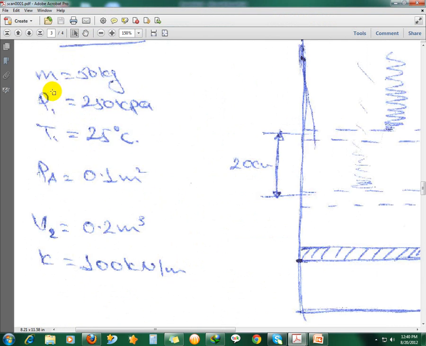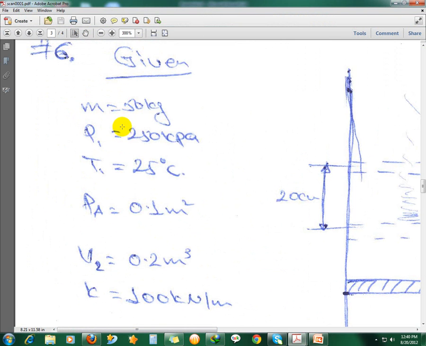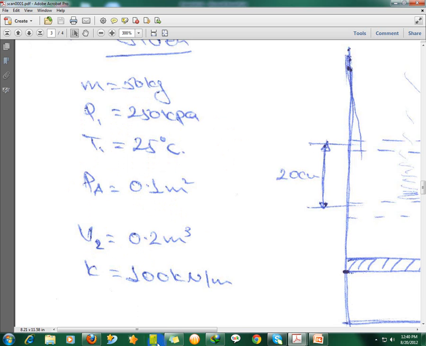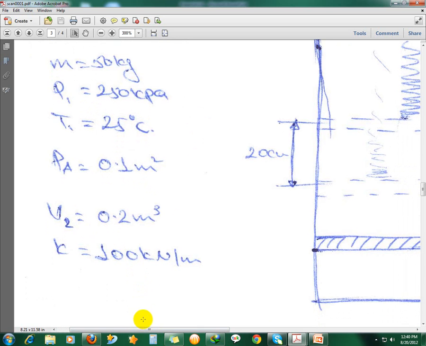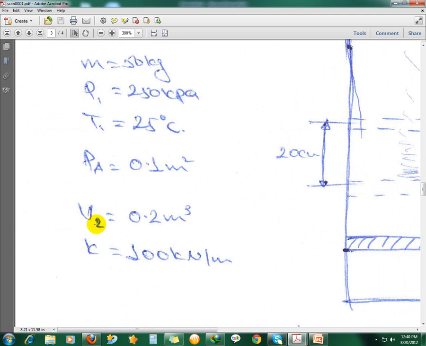These are the initial parameters. Mass of the water is 50 kg, and P1, or initial pressure, is equal to 250 kilopascal, temperature 25 degrees centigrade, and piston area 0.1 meter square. And when the piston touches the spring, volume of the water is 0.2 meter cube, and the stiffness of spring K is equal to 100 kilonewton per